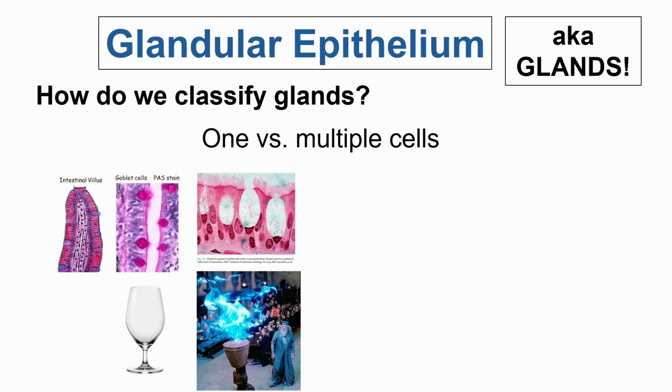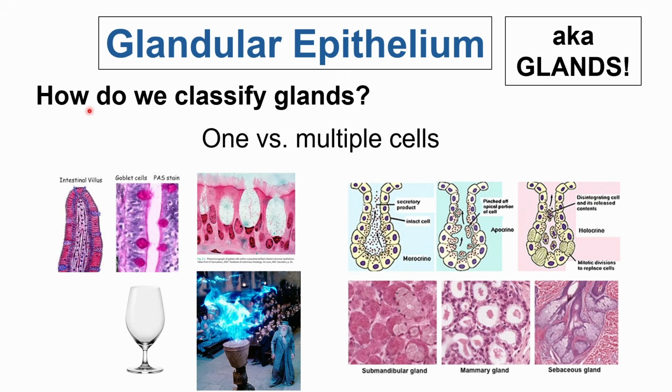One versus multiple cells, we've already talked about this. For one cell, we have your goblet cells, no? So we have already been seeing this even beforehand. This is what a goblet cell looks like. It looks like your goblet glass, no? So if you're a fan of Harry Potter, you would have the goblet of fire. But within you, apparently, you have the goblet of mucus, right? These goblet cells basically produce and secrete mucus. And on its own, this cell is already a type of unicellular gland.